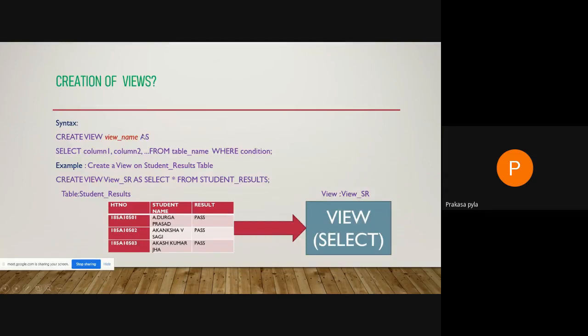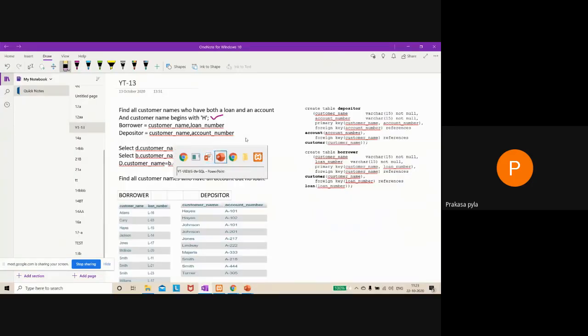Let us see an example, the syntax, how to create a view. Just like a normal table creation, here also we use the create statement: create view, view name as. Here we are going to use the select statement because we are trying to retrieve the result set. And you can also mention the required number of columns from the table. If you wish, you can also use the where condition here. In this example, I'm going to use the MySQL database.